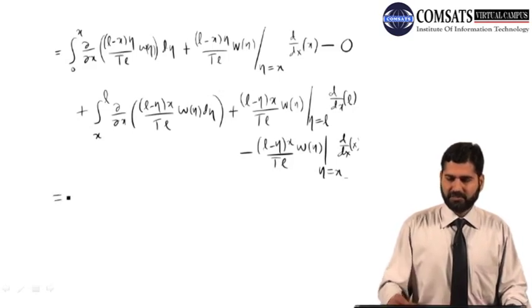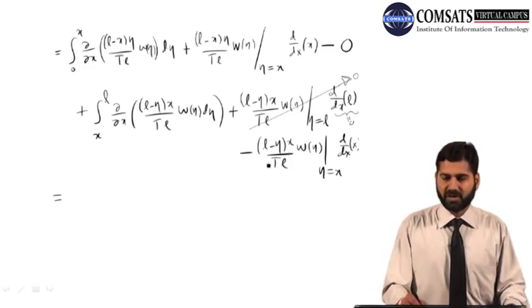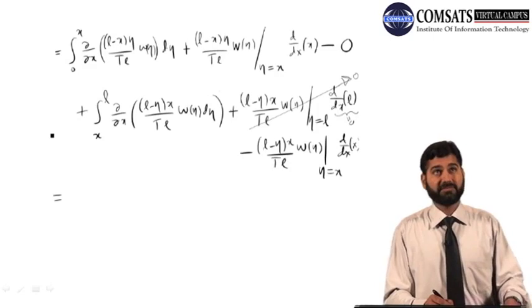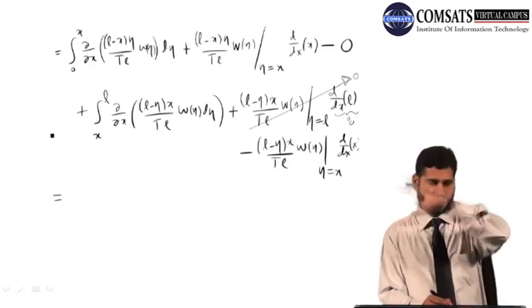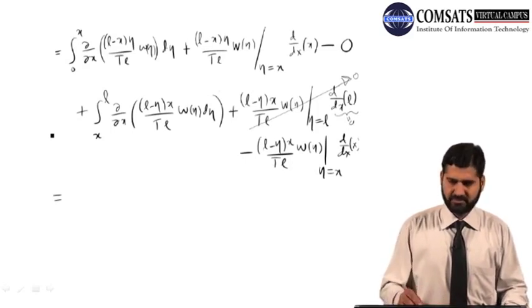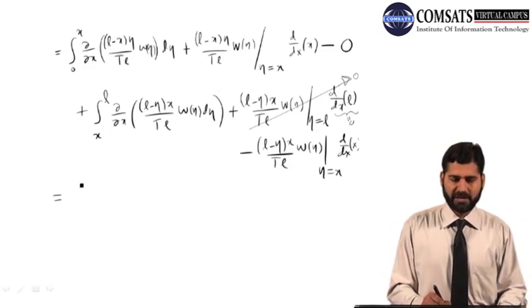So now this is 0. This whole thing is gone because this is equal to 0. All right, so I only get the contributions from here. So if you take the derivative and simplify it, you are getting from 0 to x